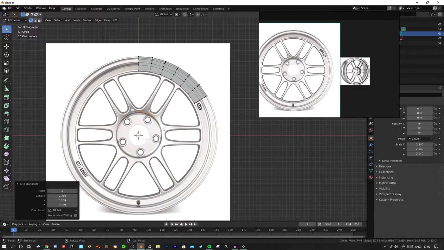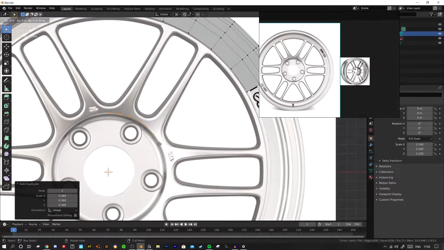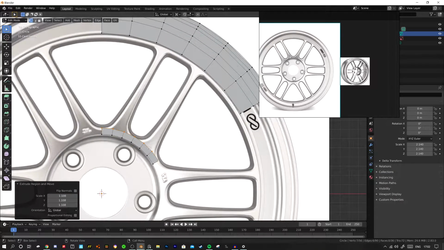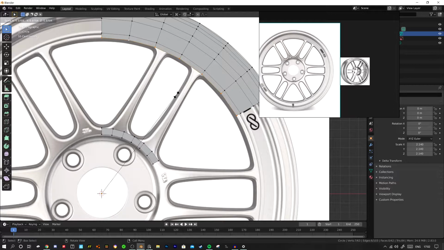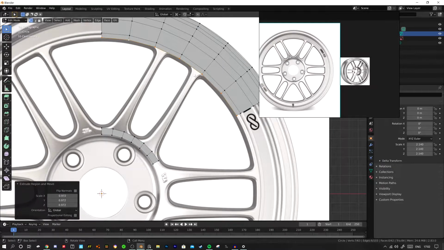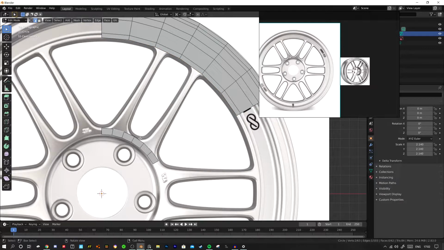And then extrude, scale away from the center. Now you see you've got your two, let's just make that a little bit more close to the edge here. You've got your two spokes, which generously match up with these, so you can extrude that,